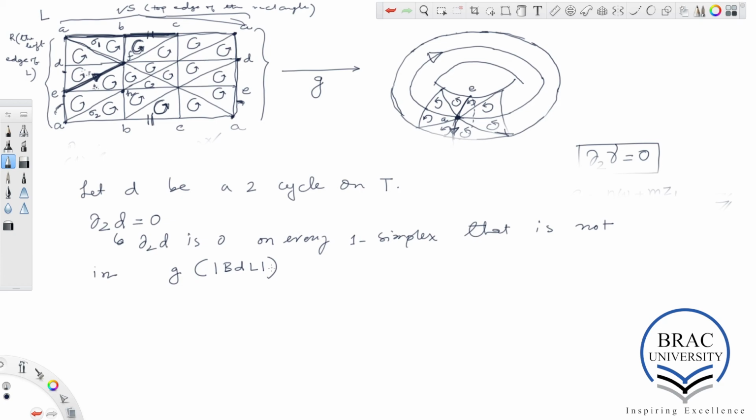Since we are dealing with torus, we have to deal with this thing, right? Since del 2D is 0 everywhere actually, which means that del 2D is of course 0 on every one simplex that is not in here. Okay, we conclude that